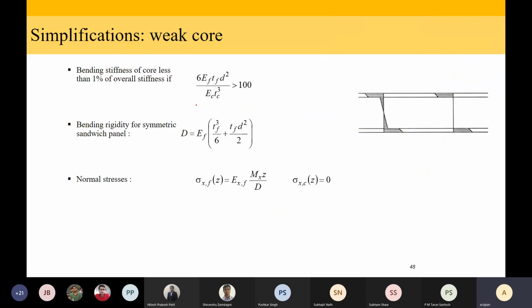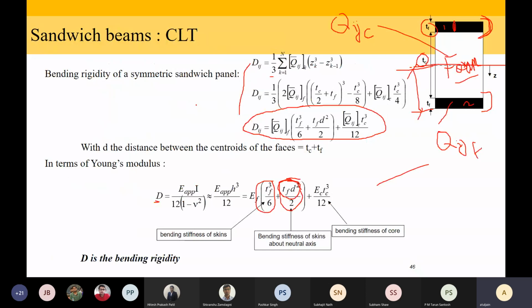If not, then let us see. So now when you make sandwich beams, before that, does anybody have any point to make about using classical lamination theory for sandwich beams? Can we use it with lots of accuracy or we cannot use it? Recall in our first class, what were the assumptions we made, the Kirchhoff-Love assumptions, and when is it valid? Are those conditions also satisfied by sandwich beams?